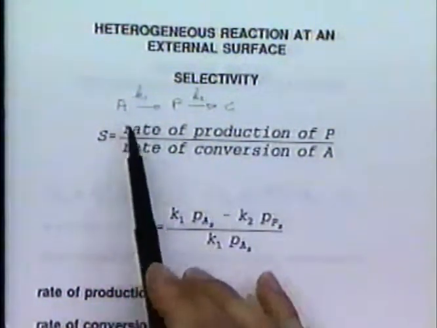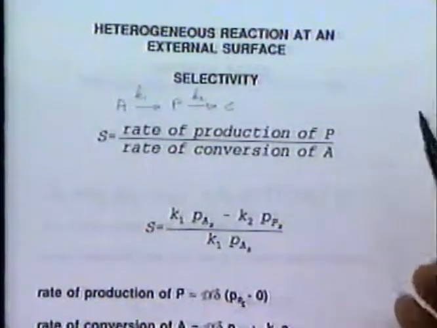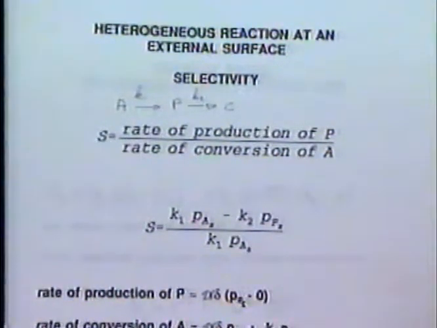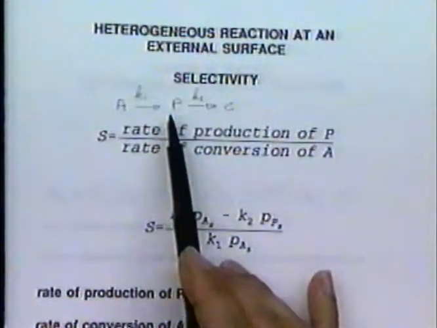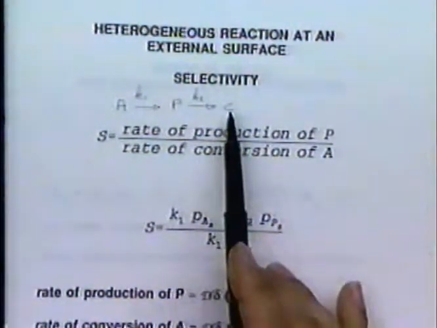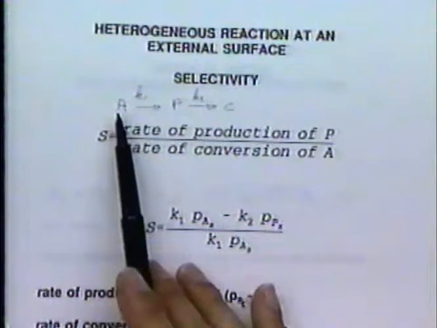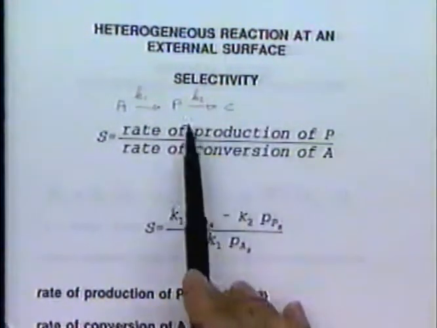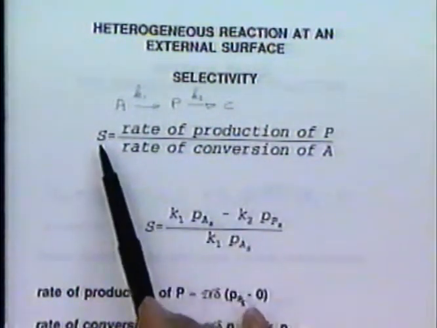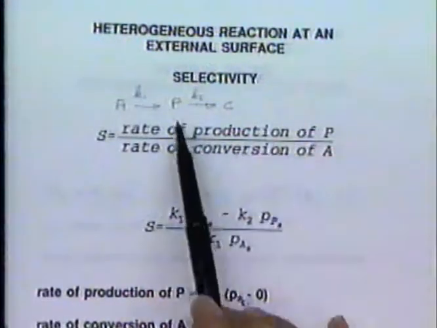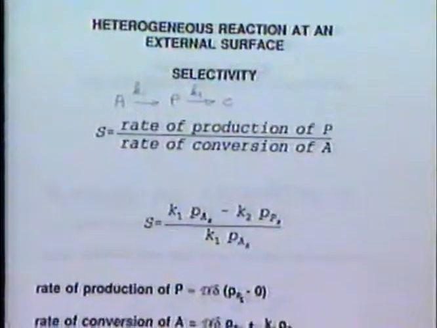A very common example of reactions of this kind are partial oxidations. For example, we may want to partially oxidize methane to methanol. This will be methane, this will be methanol, but methanol will react with oxygen and give CO2 that we do not want. So this is a reaction sequence in which we want the intermediate product, not the final product of the sequence. We may define selectivity as the rate of production of P divided by the rate of conversion of A. And the rate,